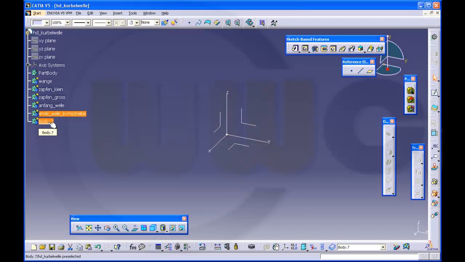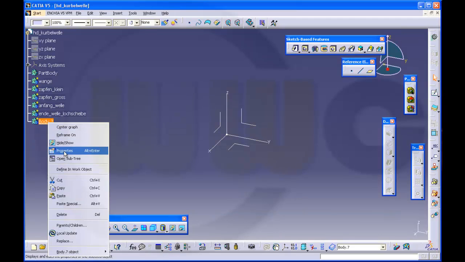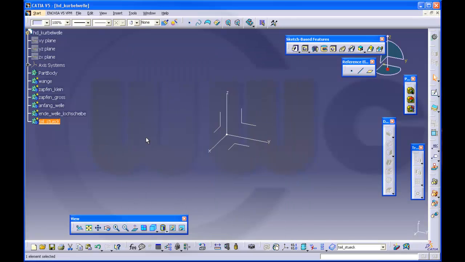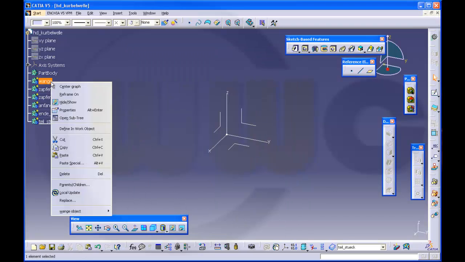And this will be an intermediate part, body, and I will call this one, okay, set this body as in work object,